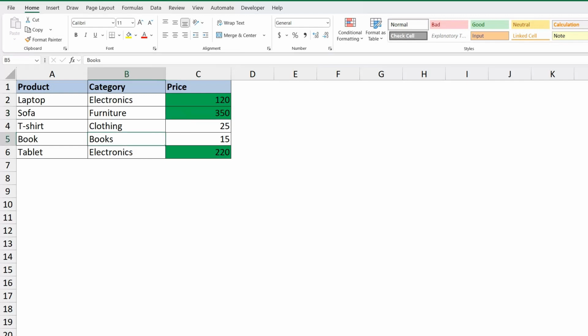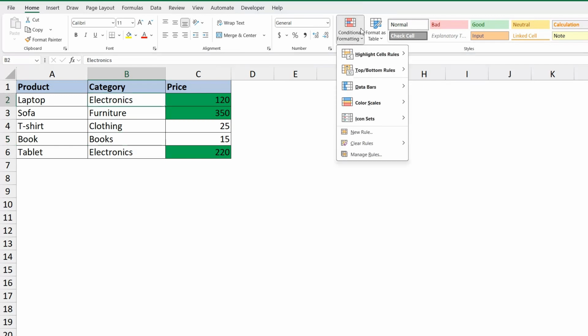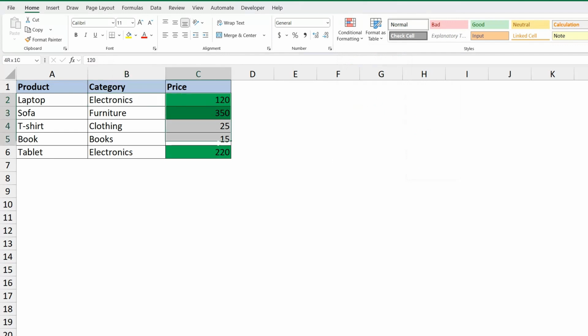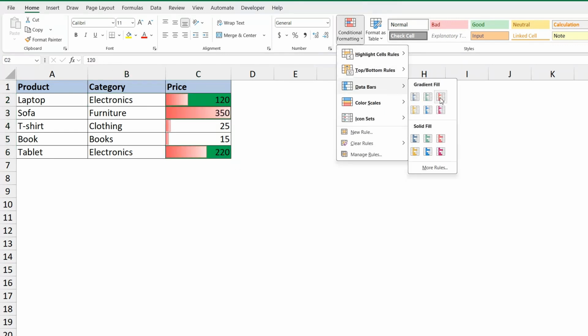Now you can also add some data bars to visualize the values. So go to conditional formatting. I have data bars and I will pick a sample. Sorry, I forgot to select the values. So data bars, and here you see again,